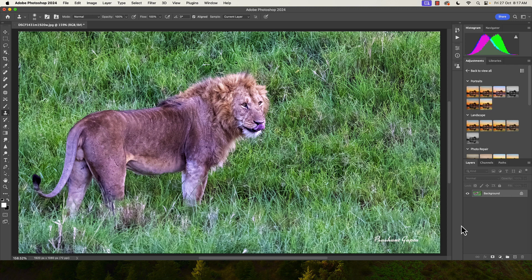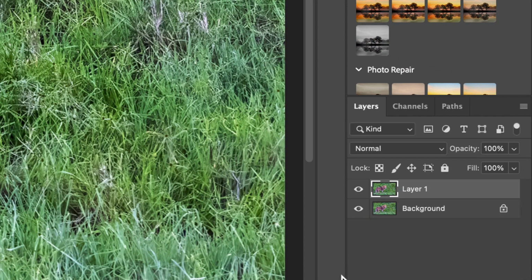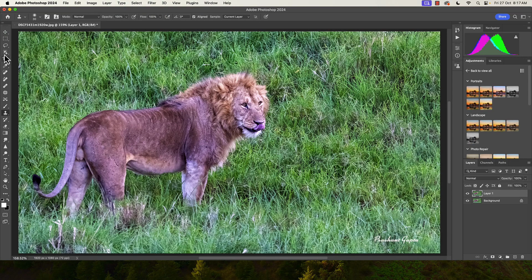So first of all, we will duplicate this layer. On your Mac, you press Command and J, and on Windows, you press Control and J to duplicate the layer. Since I'm using a Mac, I'm going to press Command and J, and I have a duplicate layer. Now select the duplicate layer and then go down here to this